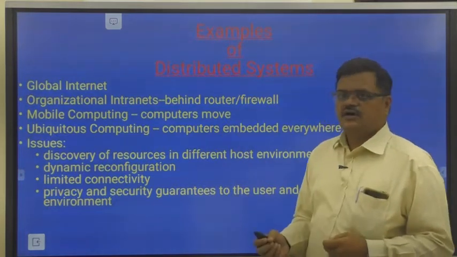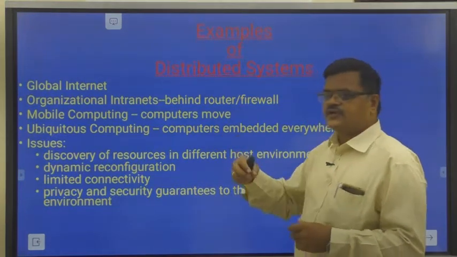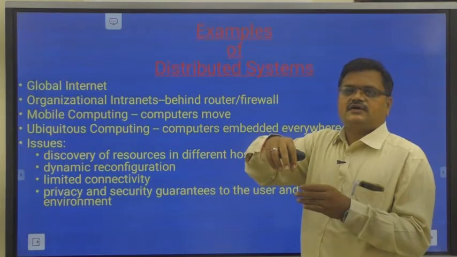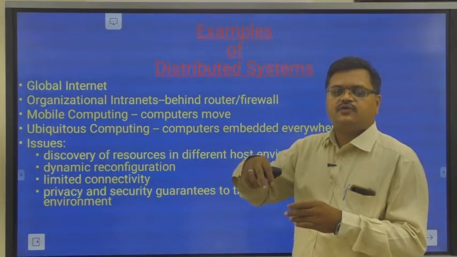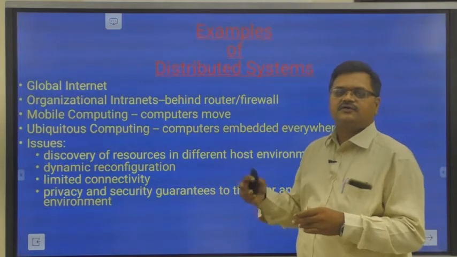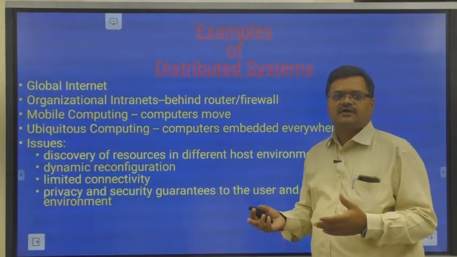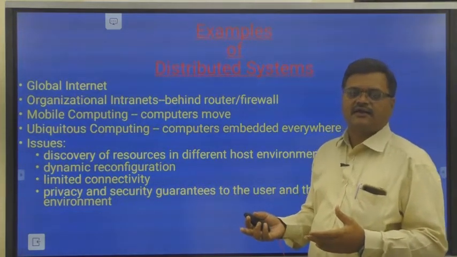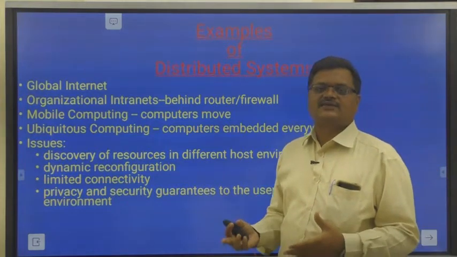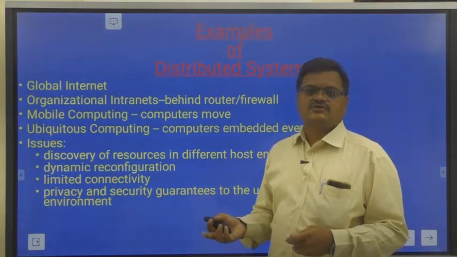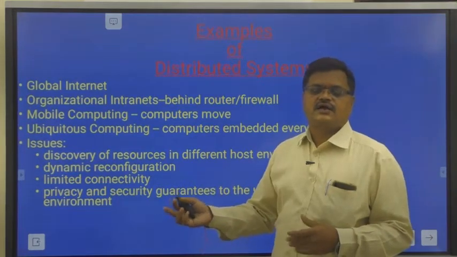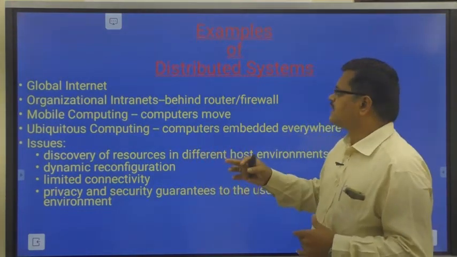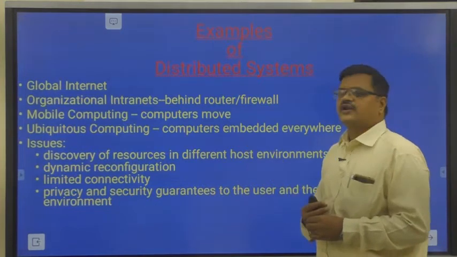Why? And what is the purpose of a router? The intranet is connected to computers via routers. There may be LANs in the intranet, and several LANs are connected by routers. Then the routers are connected to the internet again. Like that, the entire system is organized in the form of